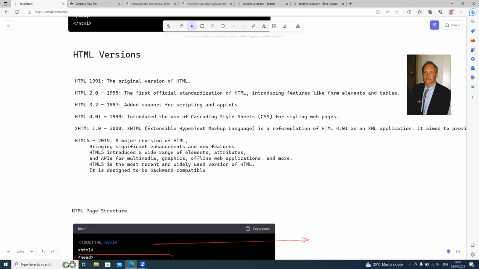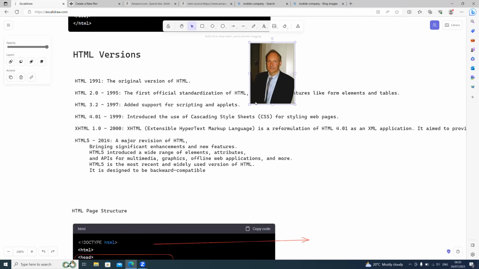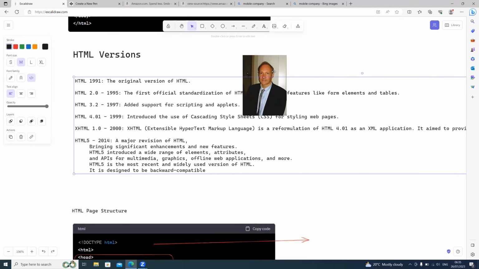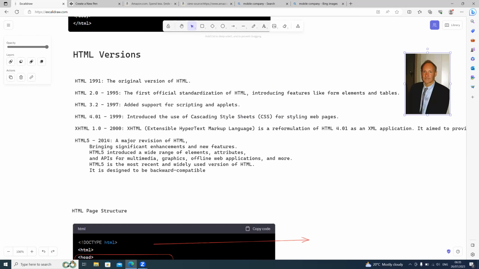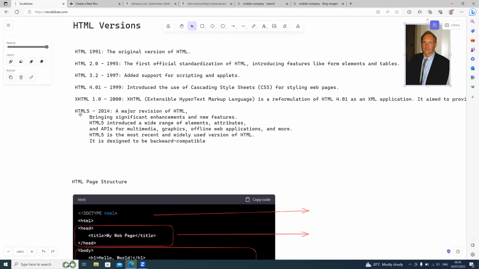And this guy, Tim Berners-Lee, is also called the father of the web. He was the one who actually founded the web. So we have the latest version, which is HTML5,